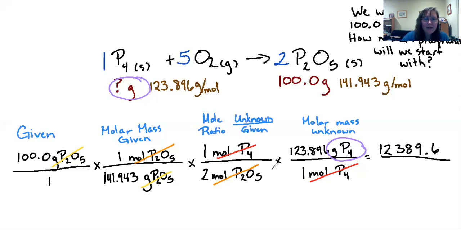And now on the bottom, again, I'm just going to ignore my ones, and I'm going to say 141.943 times 2. Okay. And then I have 283.886 on the bottom. And now I can finish this by doing 12,389.6 divided by